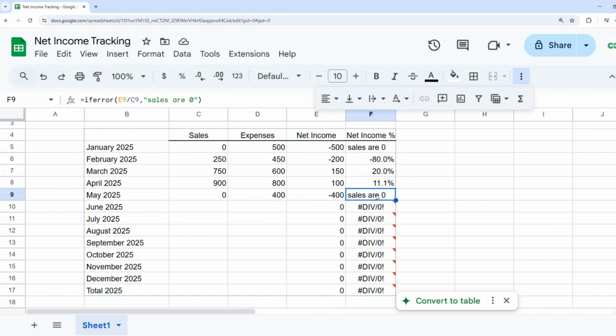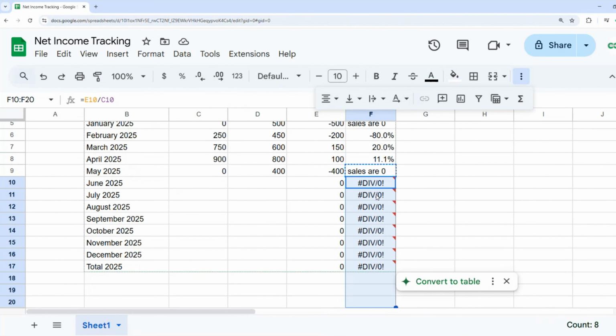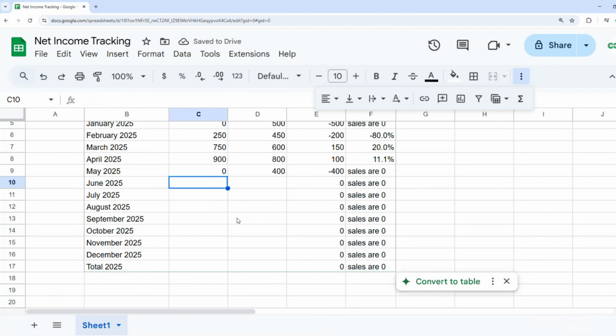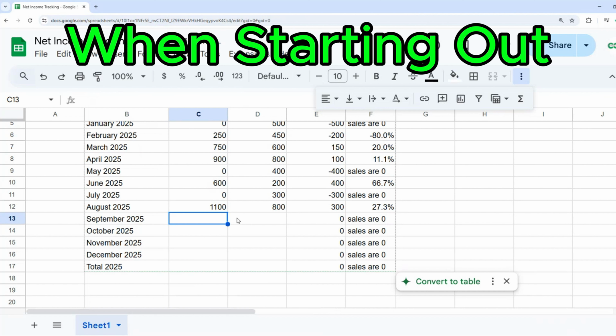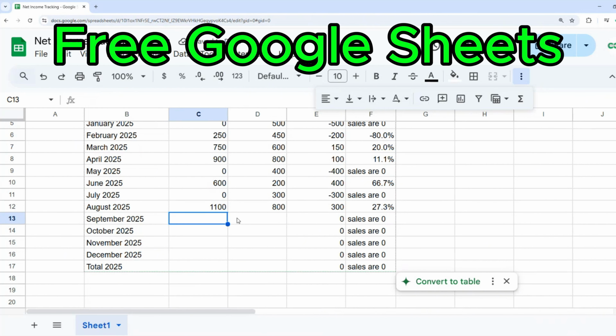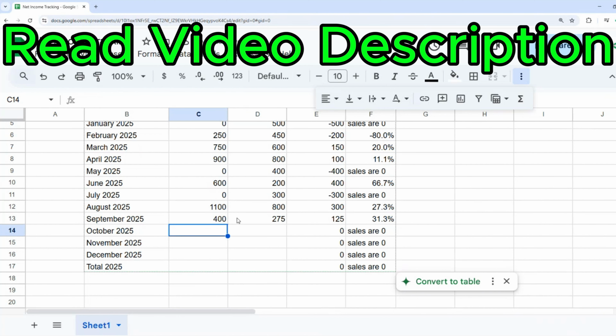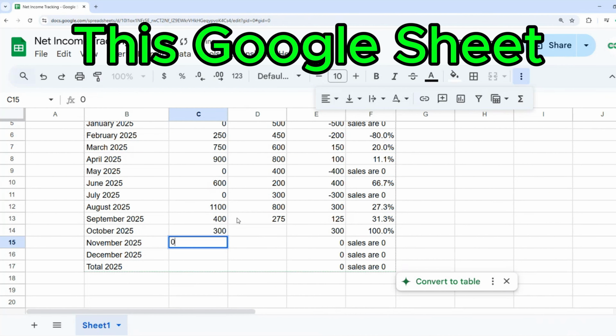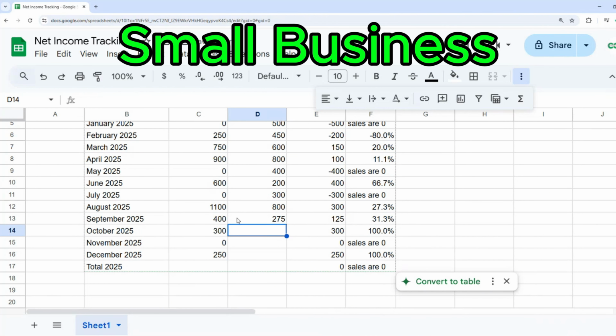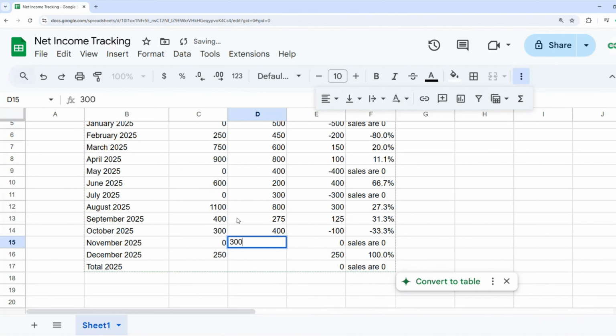So now if I copy this down the rest of the way and fill out the remainder of my sheet, I can have sales of 600, expenses of 200, sales of 0, expenses of 300, sales of 1,100, expenses of 800, sales of 400, expenses of 275, and then let's do sales of 300, 0, 250, and expenses of 400, 300, and 100. Now I can total the year